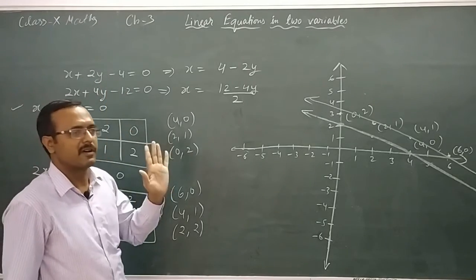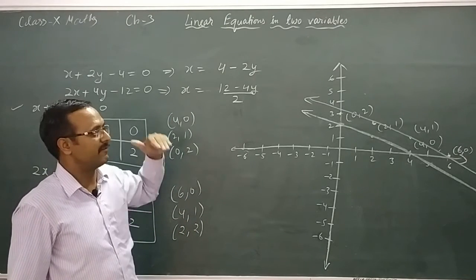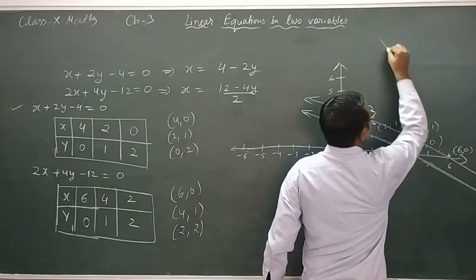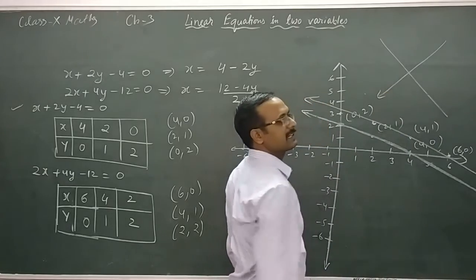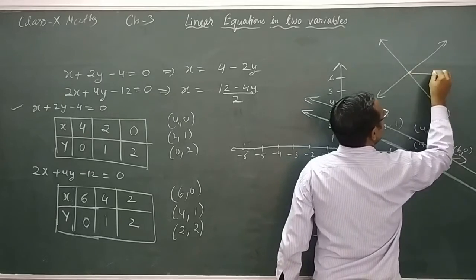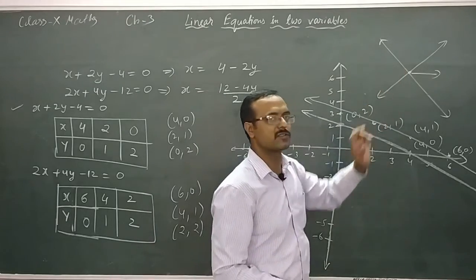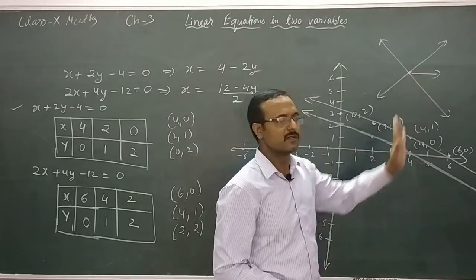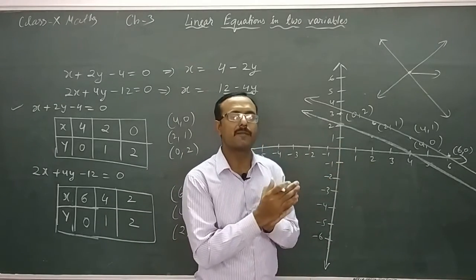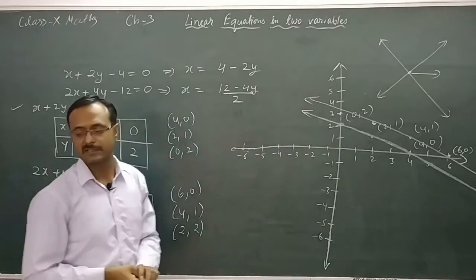The solution of two linear equations is that point which will satisfy both the equations. And if the lines drawn are like this, they will intersect. If they intersect each other, you will get one point which is common to both of the linear equations. This common point is called the solution of both the equations. Here you are seeing that the lines are not intersecting, so they will not form a common point. If there is no common point, then you will say that this linear equation has no solution.